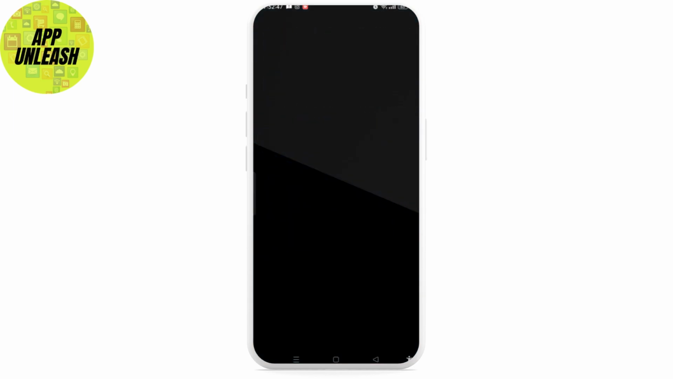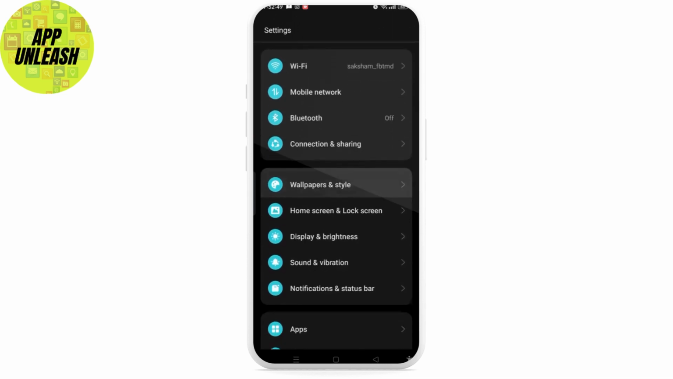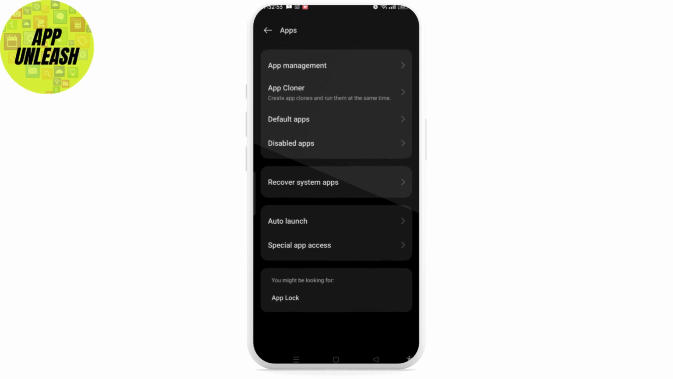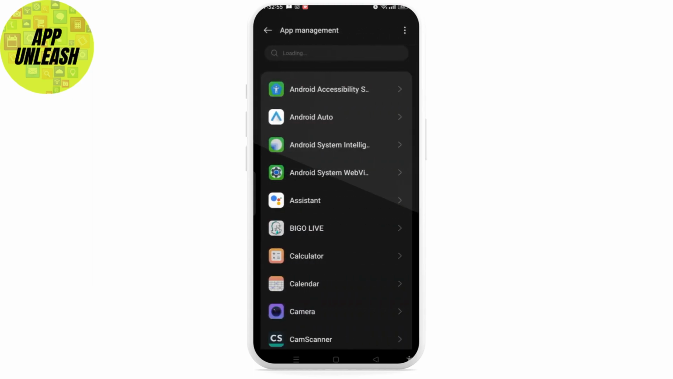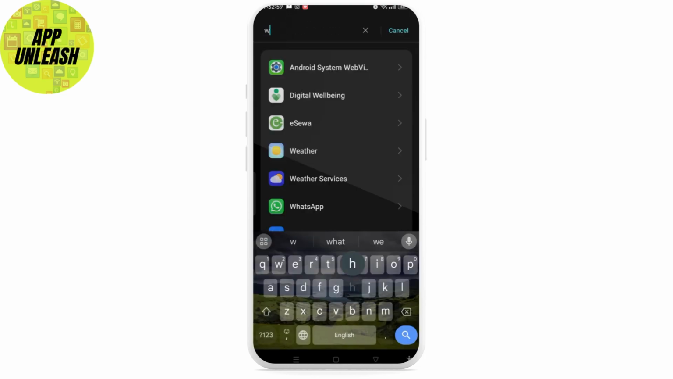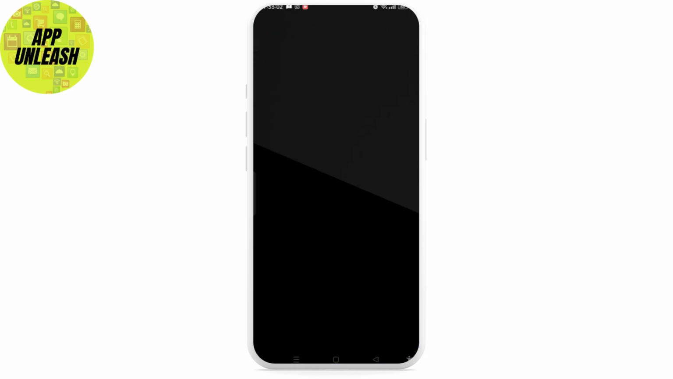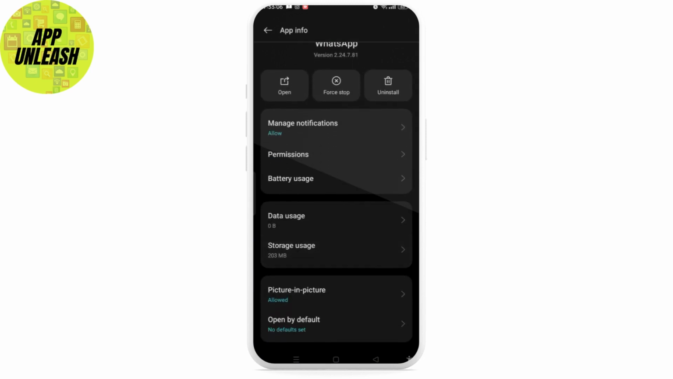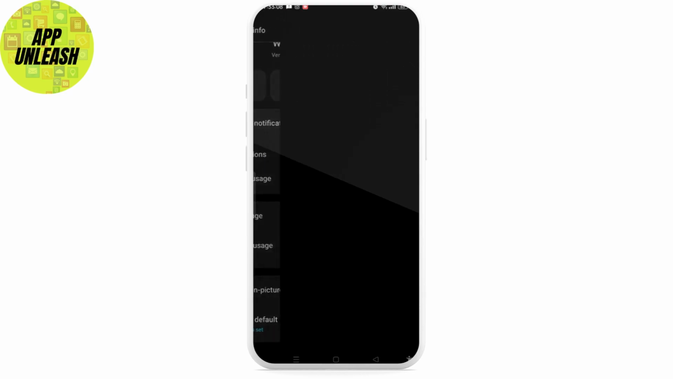and scroll down and tap on apps. Here tap on app management and search WhatsApp. After that you will reach the app info page of WhatsApp where you can see manage notification. Tap on it